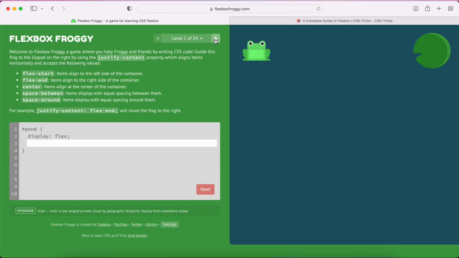I'm just gonna do every level. There's 24 of them. Hopefully I don't go too fast or too slow. But yeah, so the first one is